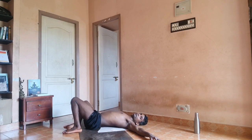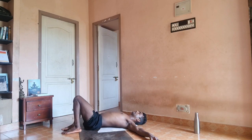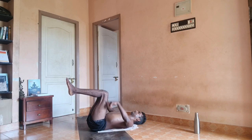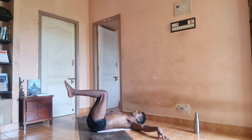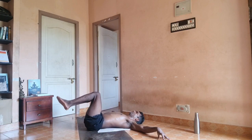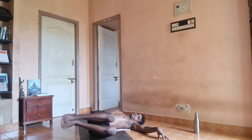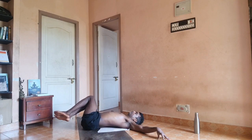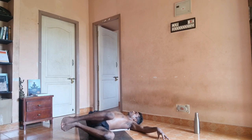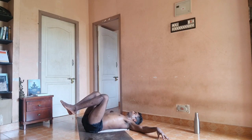Now drop the legs, gently go to side to release any strain, to prepare ourselves for windmill, or how do you call this, the one that you have in car, the wiper, rain water wiper. You can see, as you can see, I'm using my hand as a support. My shoulders are completely packed into the mat and I'm going both sides, beautifully stretching my lumbar spine, twisting my lumbar back 5 to 7 times on each side,